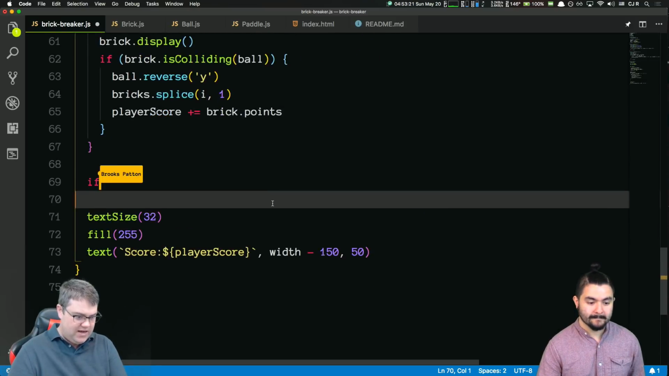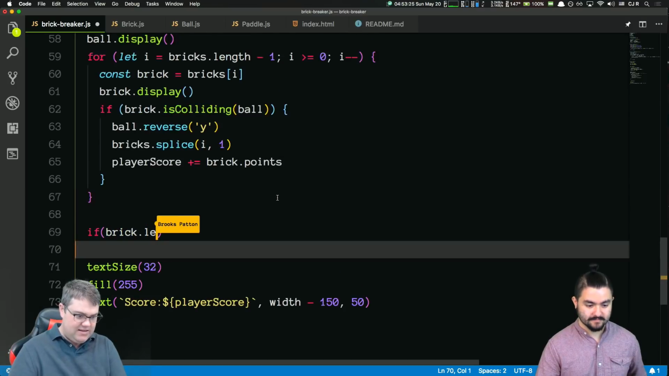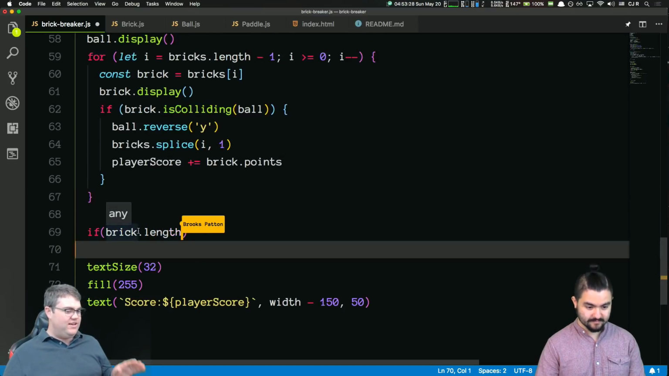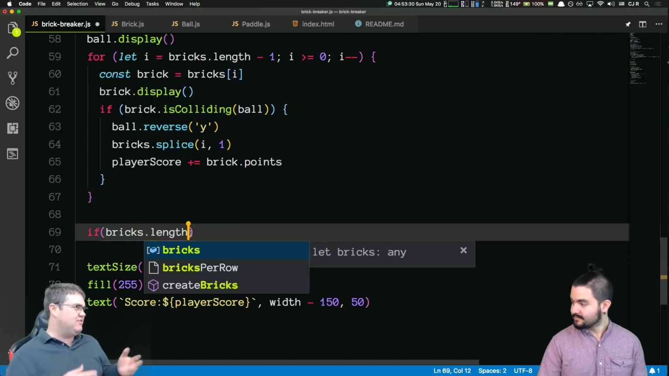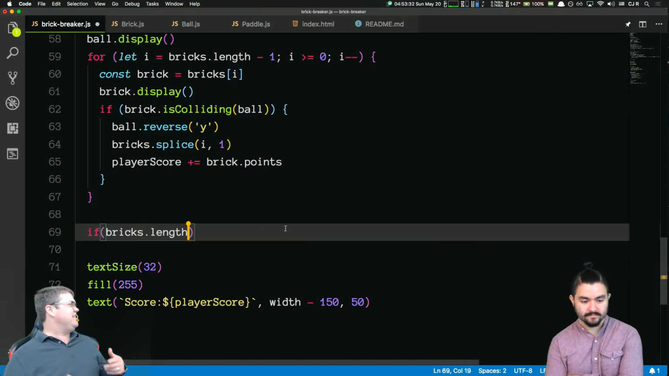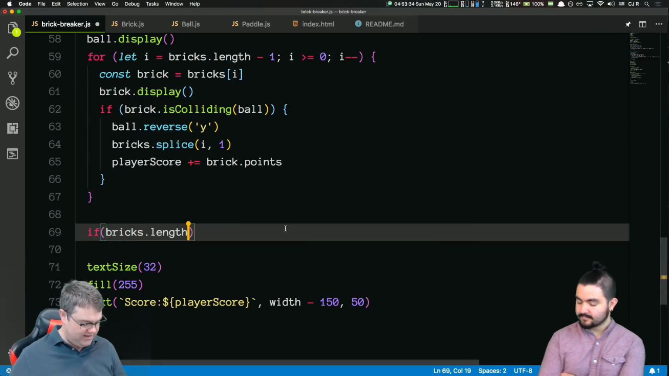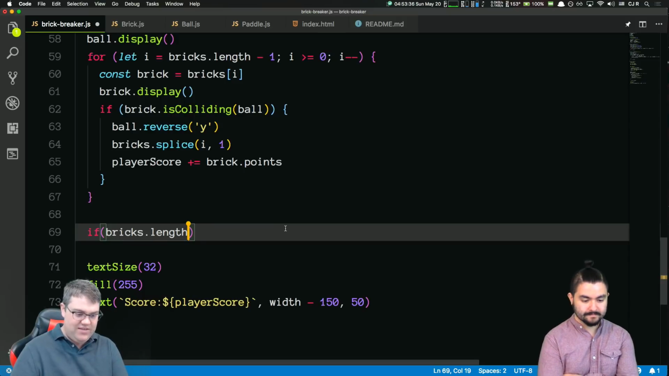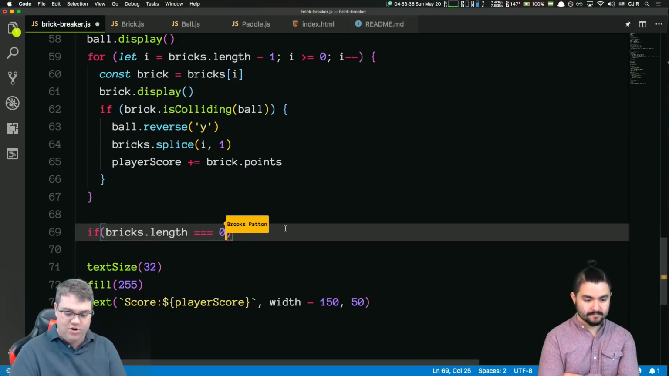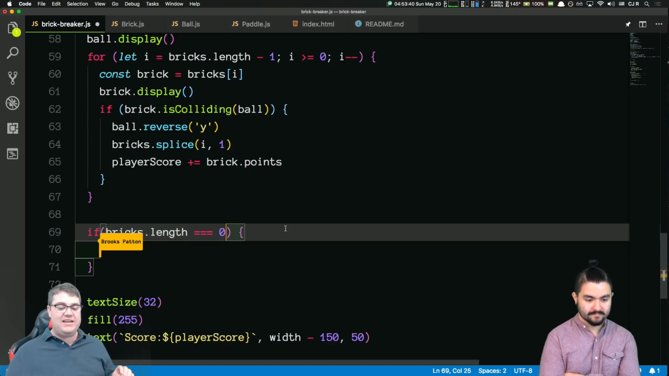if bricks.length. Now I know that I could just do if not bricks.length because 0 is falsy, but I don't actually like to use that because it's sort of hard to read. You can be explicit. I'm going to just say if this now is 0. If we have no more bricks left, we have reached the end of the game,